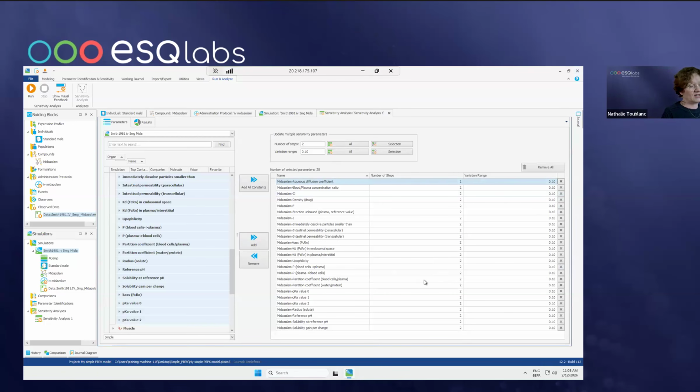And you will see that the algorithm in PKSIM is very, very fast. So having 25 parameters is not going to be an issue. Another thing that I want to mention is that you can see here that you've got the variation range and the number of steps. So the variation range is the fraction